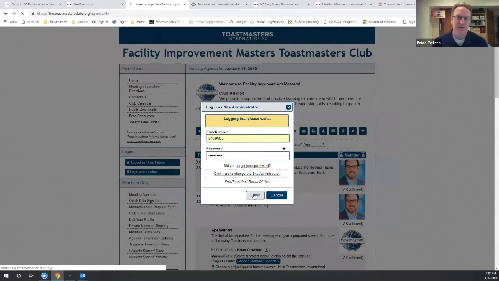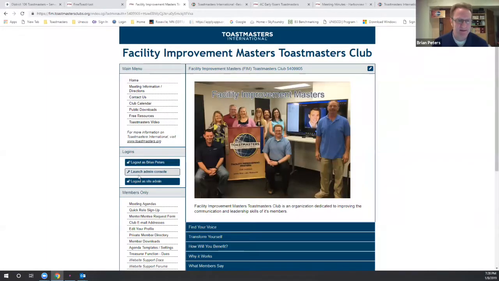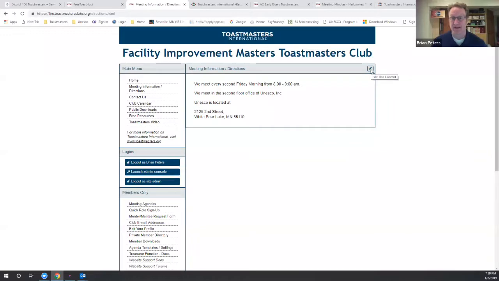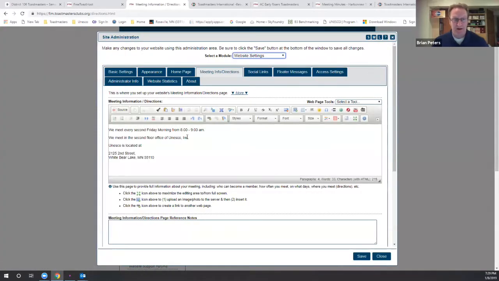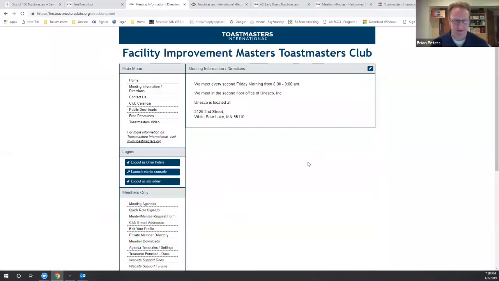Nothing really changes on the website except for one thing, and that's this little box right here. It says Launch Admin Console. Another thing is there's a little pencil here. That means you can edit this content right in this place. So if I click on meeting information, you can edit this information right from that spot. As the administrator, this is where I can start typing another piece of information to put into the website. I'm going to close that without saving it. I'll say, nope, don't save that change. So I didn't modify the website, but that's how simple it is as the administrator to update this meeting information